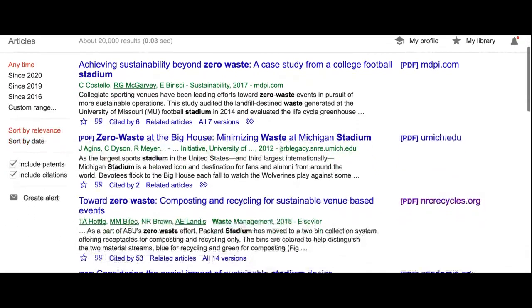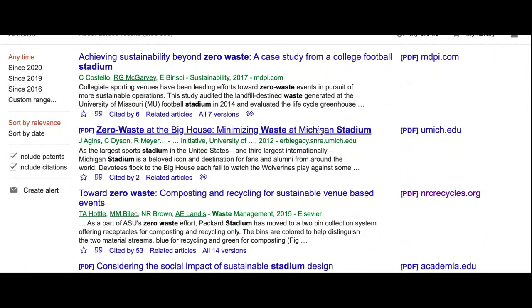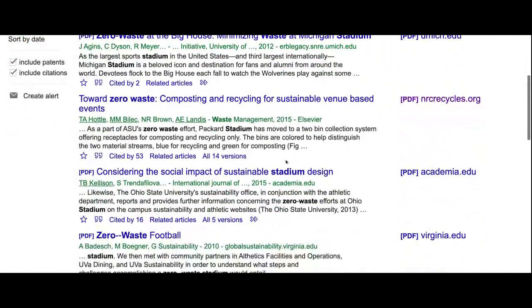I could read it. Zero Waste at the Big House, minimizing waste at Michigan State. Also usable, right? But it's a little bit old. This is 2012. And so what I found was this one right here from 2015, so just on the line of 5 years, Towards Zero Waste Composting and Recycling for Sustainable Venue-Based Events. And you'll see that it's available through the National Resources Council, recycles.org. So it's a .org, it's a credible source. And so by clicking on this link,